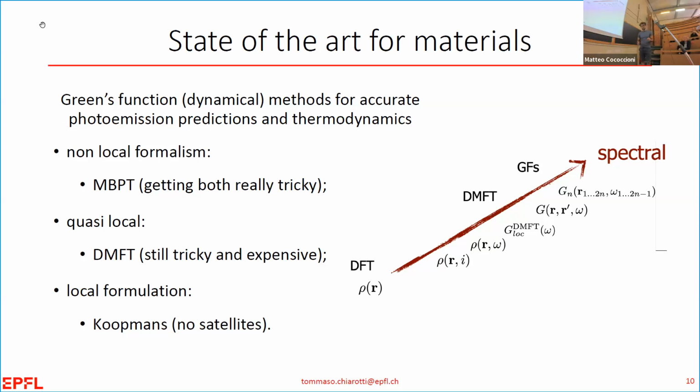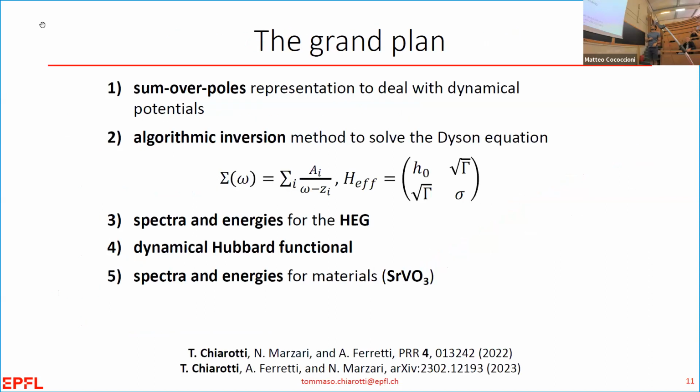It is dynamical mean-field theory. It is a very complex, let's say, clever construction. And it is also very expensive. And tomorrow you will see that actually there is a theory which is a quasi-particle approximation to dynamical theory, which is called the Koopmans compliant functionals, in which in some sense you are here and you can get at least the quasi-particle that I showed at the beginning of the talk for silicon, so for simple materials. Okay. But this is our grand plan, let's say, instead.